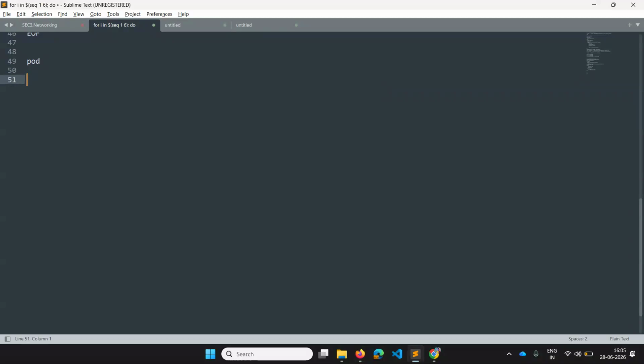Let's name this pod 1, and it wants to interact with pod B. Now let's say this is sent by node A or node 1, and there are nodes such as node C, node B, that way. This pod B belongs to node B.